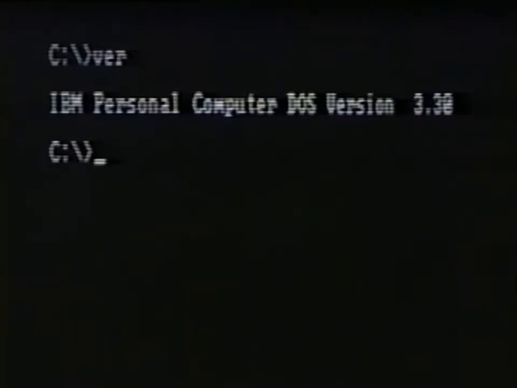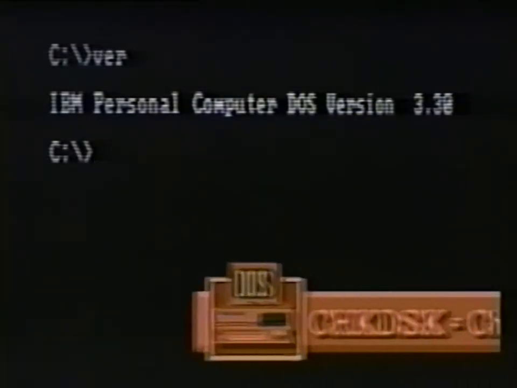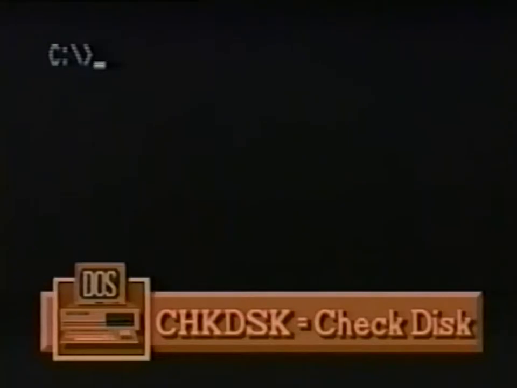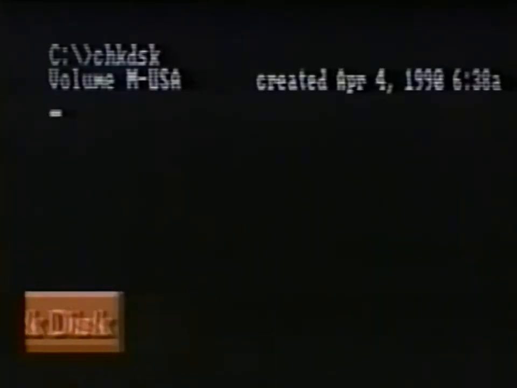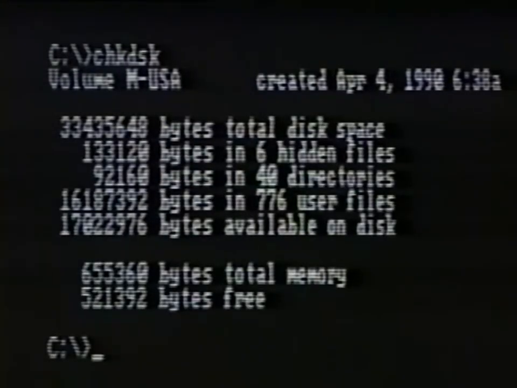When you sit down at a new computer, it helps to know what version of DOS is being used. The DOS VER command allows you to identify which version of DOS is being used. Simply type VER at the prompt. Another command for giving you information about your computer is the check disk command. If you type check disk at the prompt, DOS will show you the space available on your disk and the space available in memory. This information is helpful when loading new programs like Pacioli 2000.